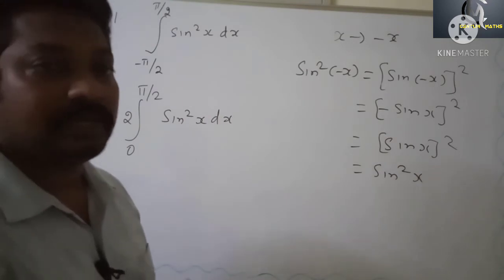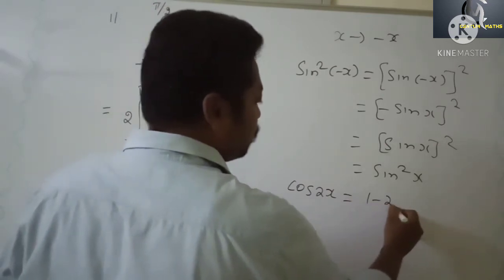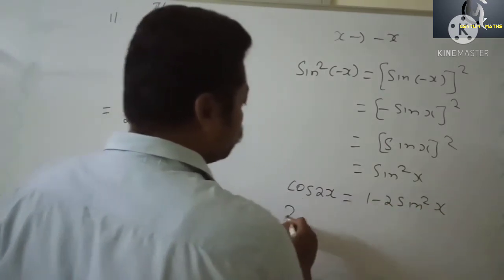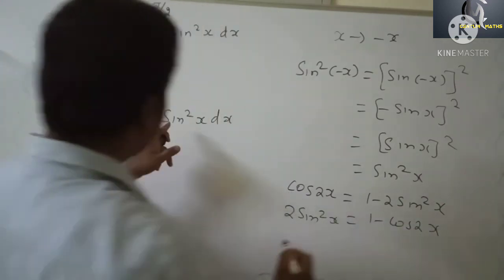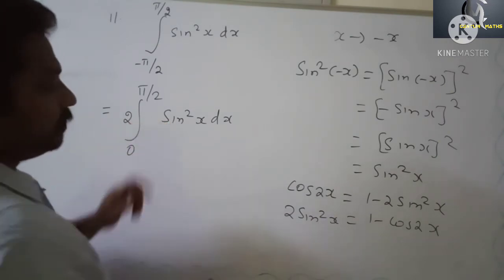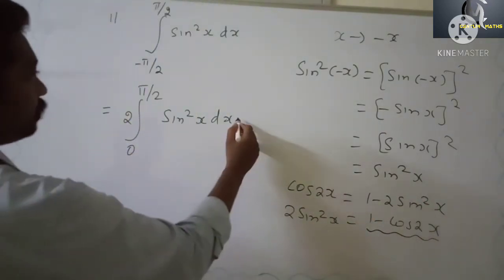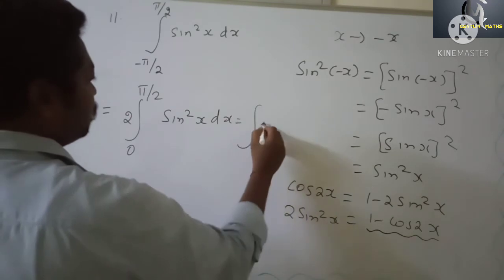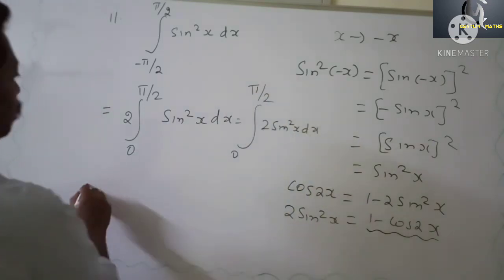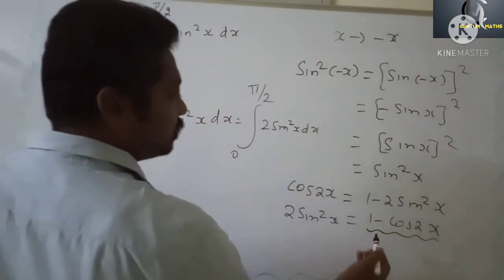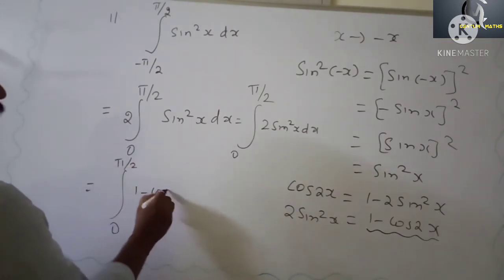We know a formula for sin square x. From cos 2x: cos 2x equals 1 minus 2 sin square x. So 2 sin square x equals 1 minus cos 2x. So instead of 2 sin square x, we can use 1 minus cos 2x. So this one I am writing as integral 2 sin square x dx 0 to pi by 2, where 2 sin square x is replaced by 1 minus cos 2x. So 0 to pi by 2, 1 minus cos 2x